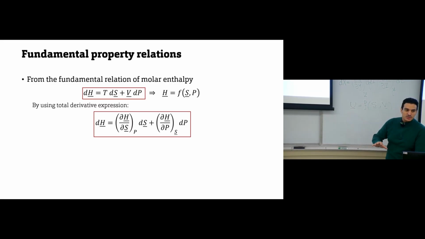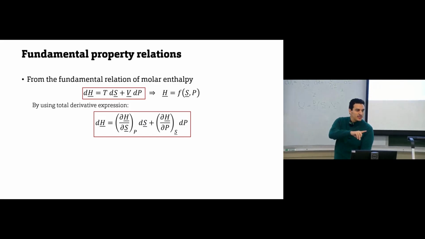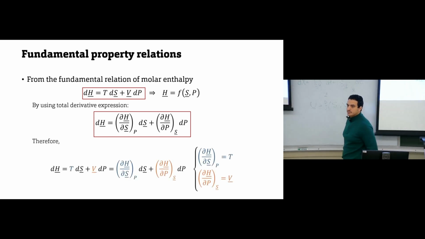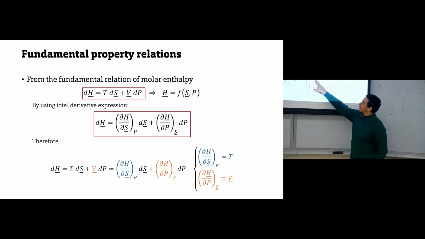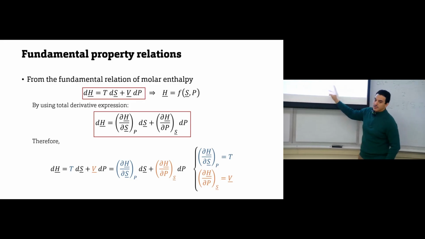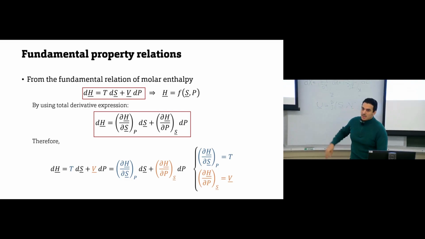dH by dS at constant pressure, this partial derivative is equivalent to temperature, and dH by dP at constant entropy, this is molar volume. Okay? So again, in the derivation, if you find at any time this partial derivative, remove it and put temperature. If you find this partial derivative, remove it and put molar volume. Clear? So if we continue to do the same thing for the other fundamental property relations and play with this basic calculus,